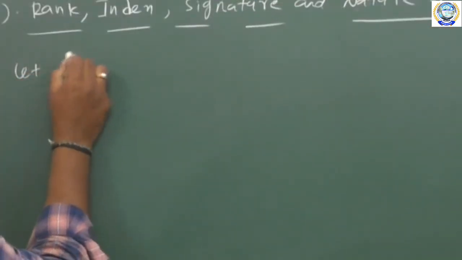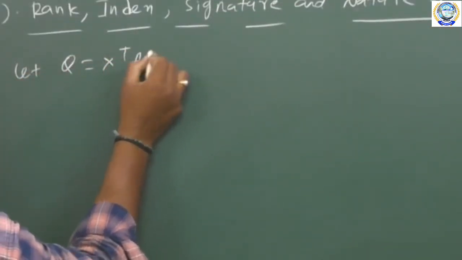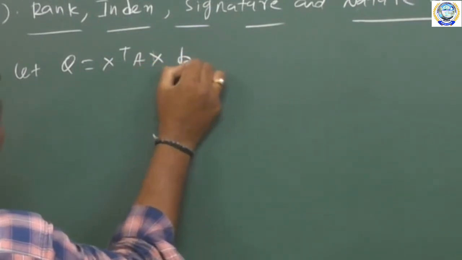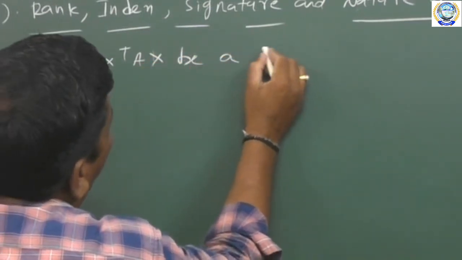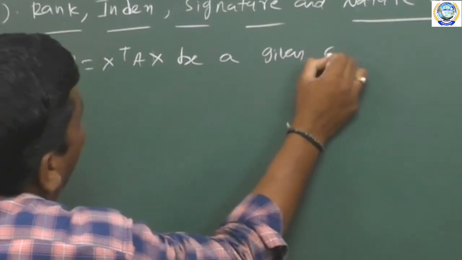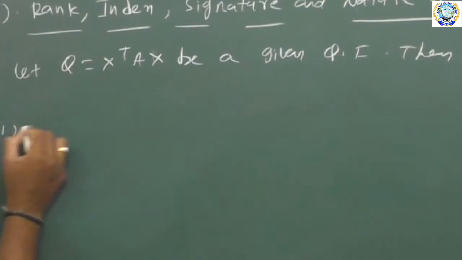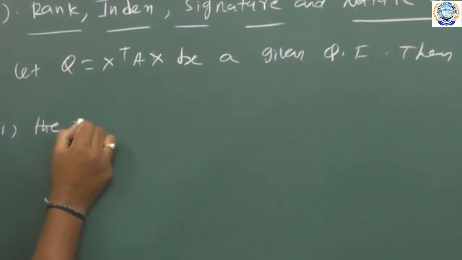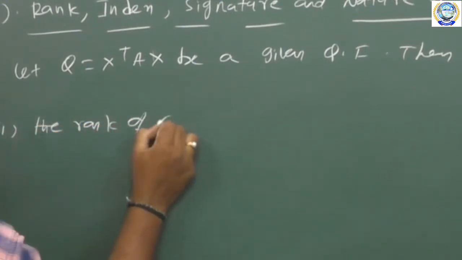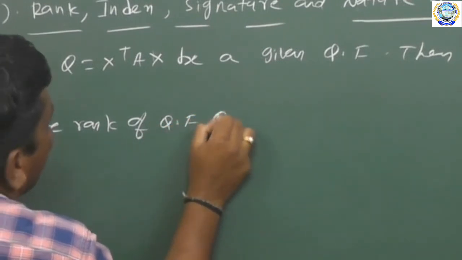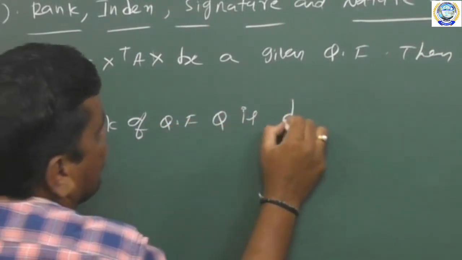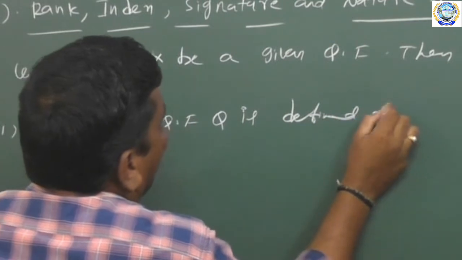Let Q is equal to x transpose Ax be a given quadratic form. Then first one, the rank of a quadratic form Q is defined as